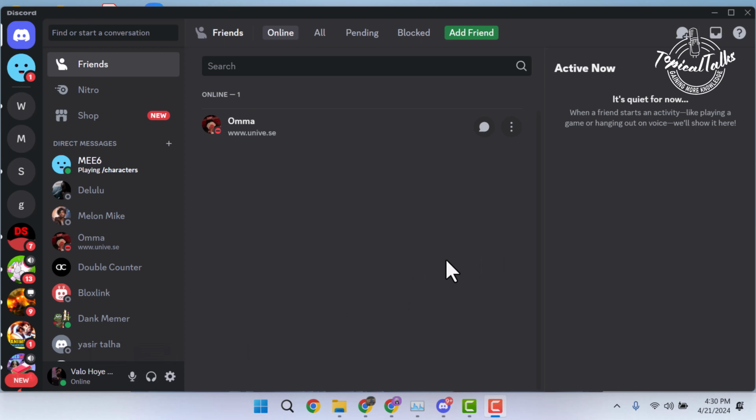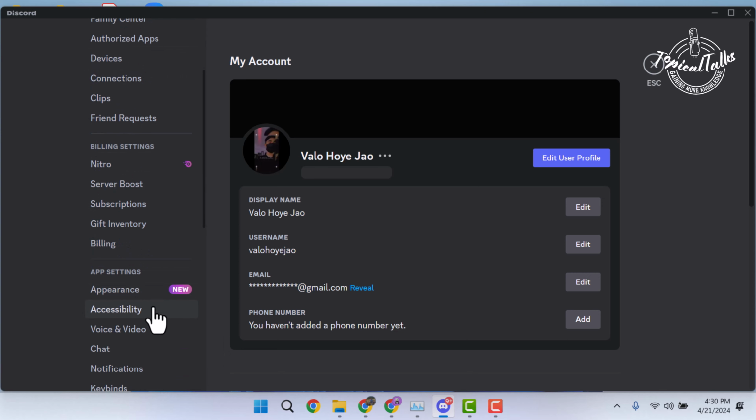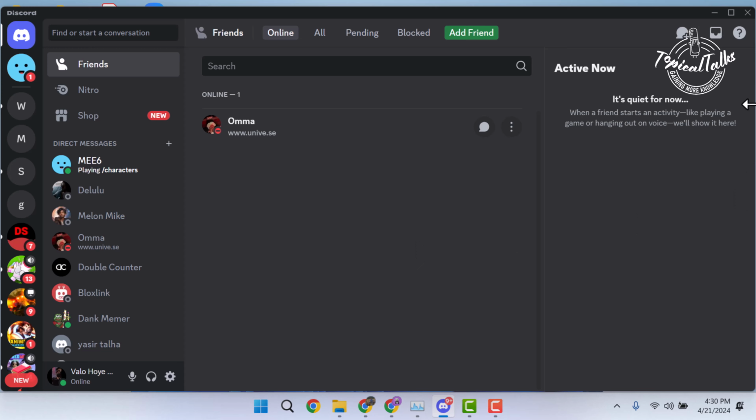First of all, open your Discord and click on your user settings. And then scroll down and click on Voice and Video and decrease your input volume. Then check the issue. And the second solution is right click on your taskbar,